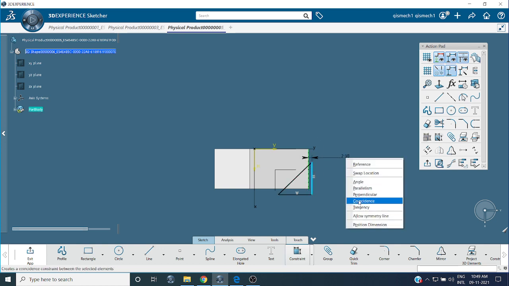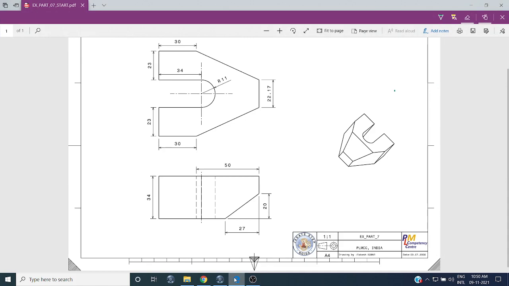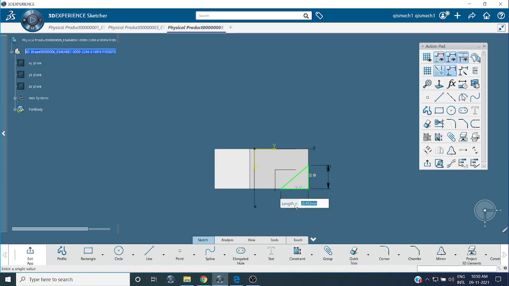Right click, coincidence, edge, right click, coincidence. What is this length? 20. What is this length? 27.